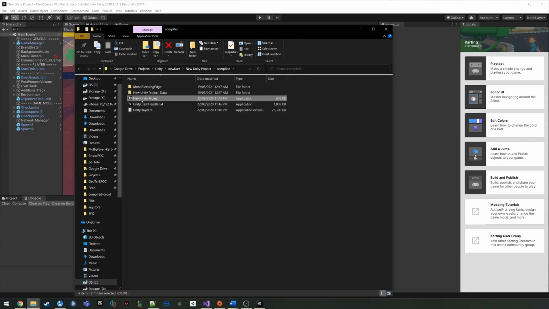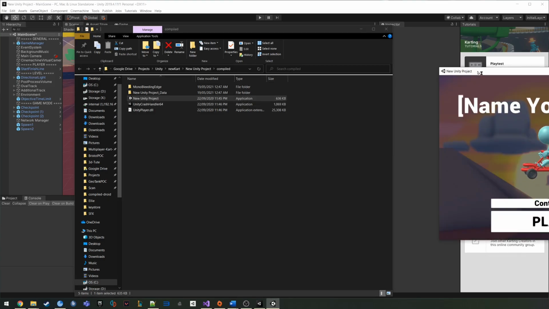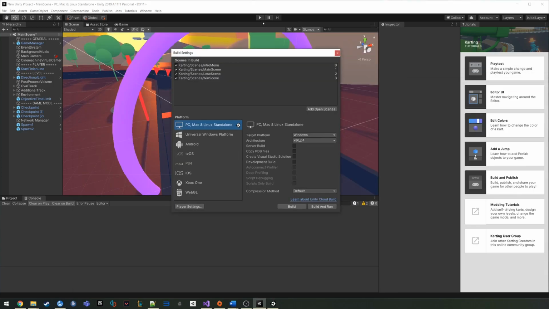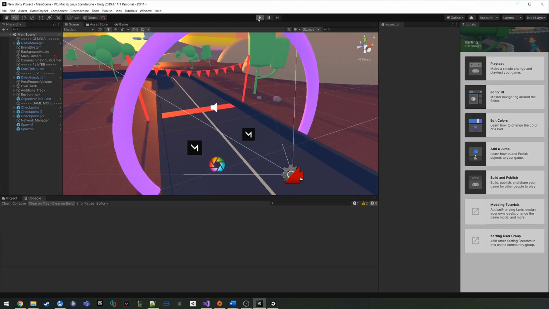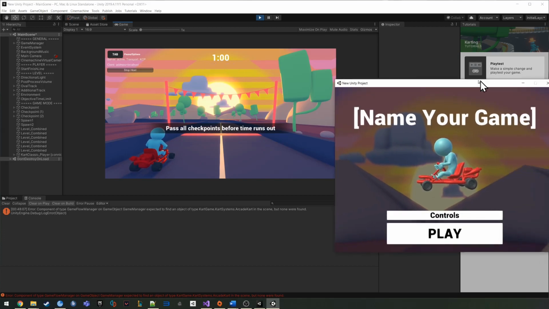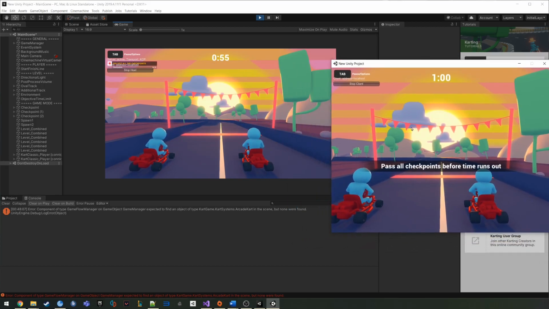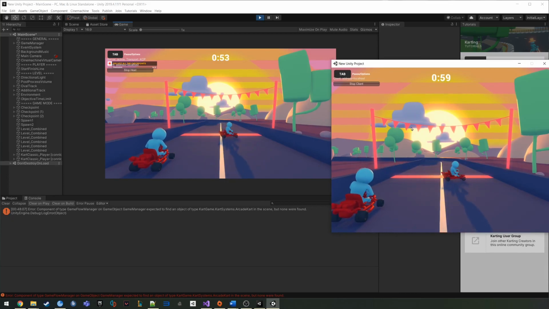Now we're going to launch that. Now we're going to launch the game inside the editor. I'm going to host the server from here, and I'm going to run the client from here. So this is how it behaves. You can see that it seems to run okay, except